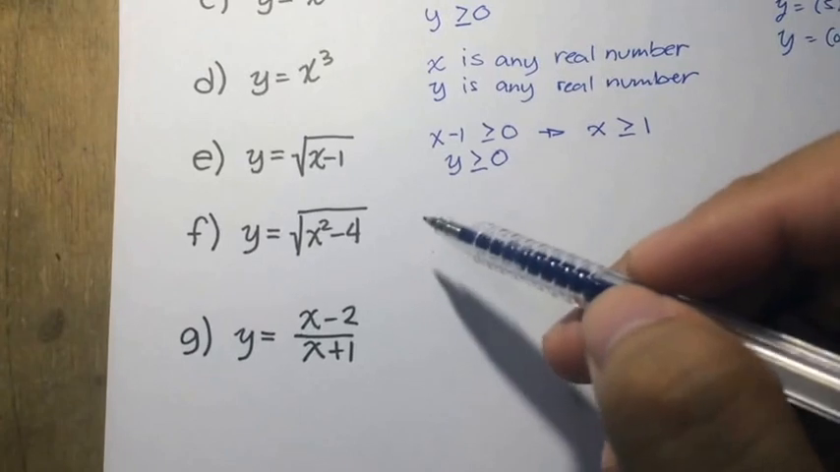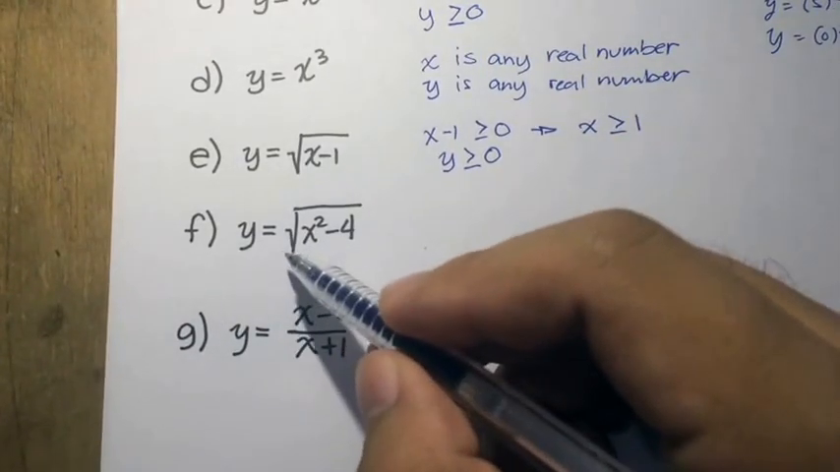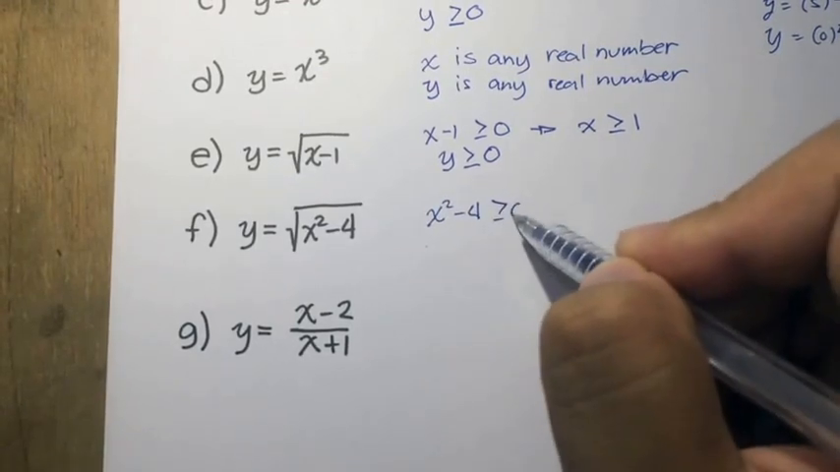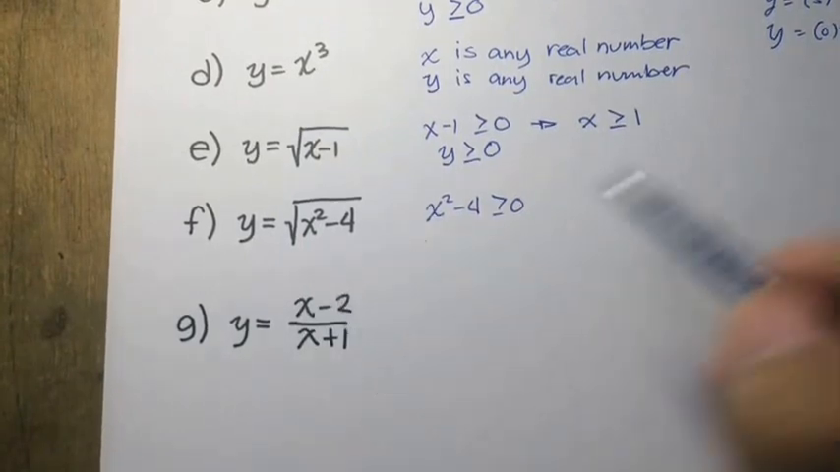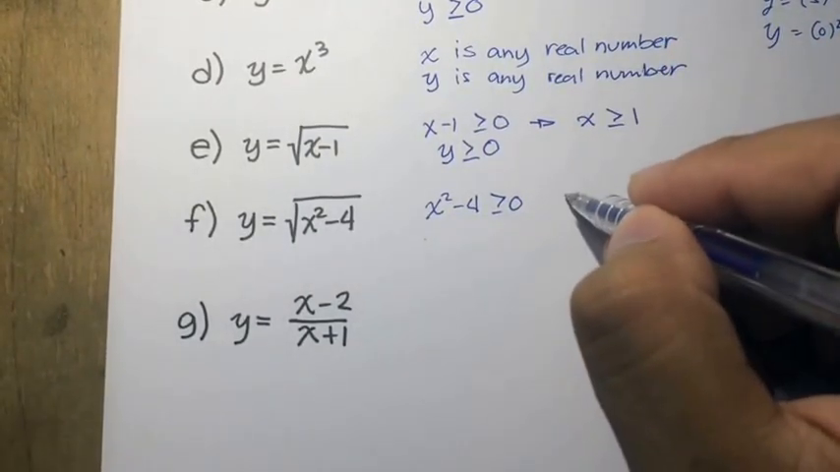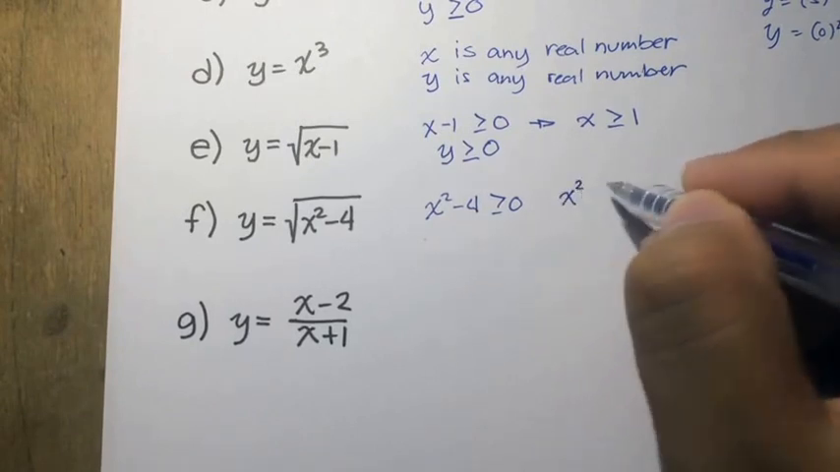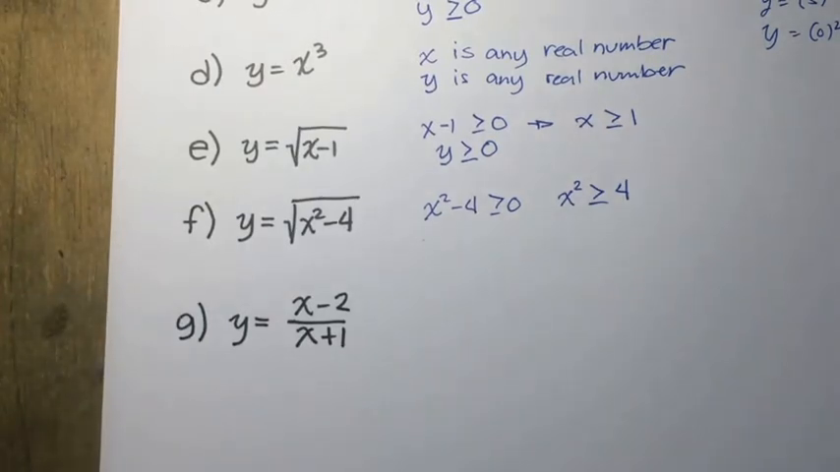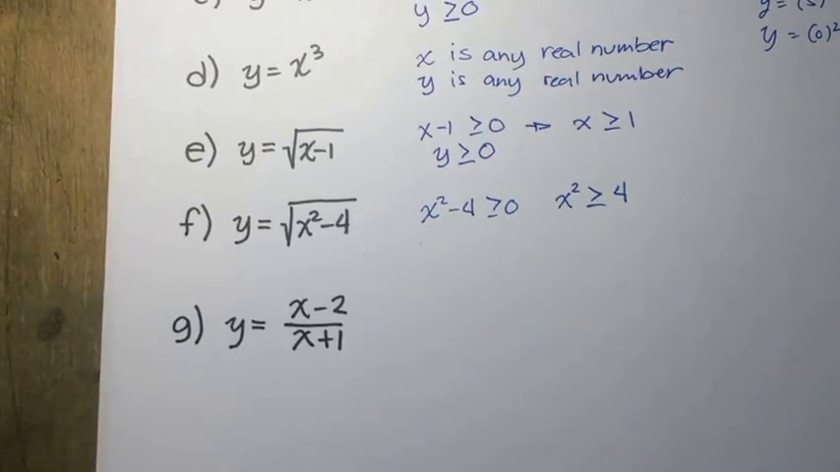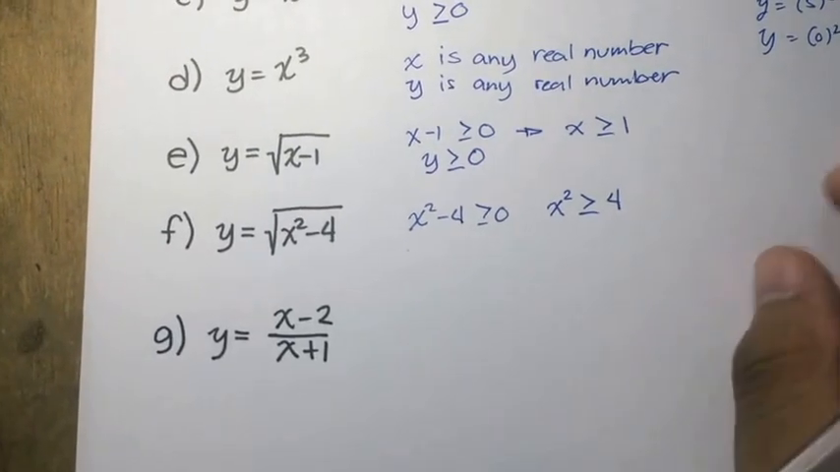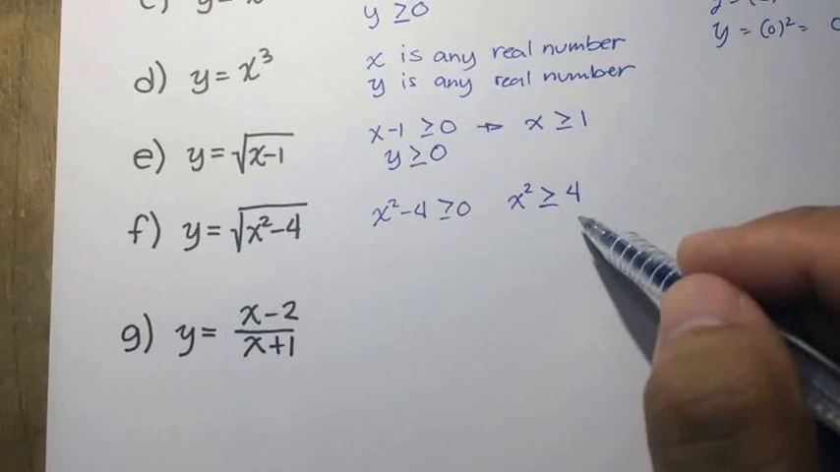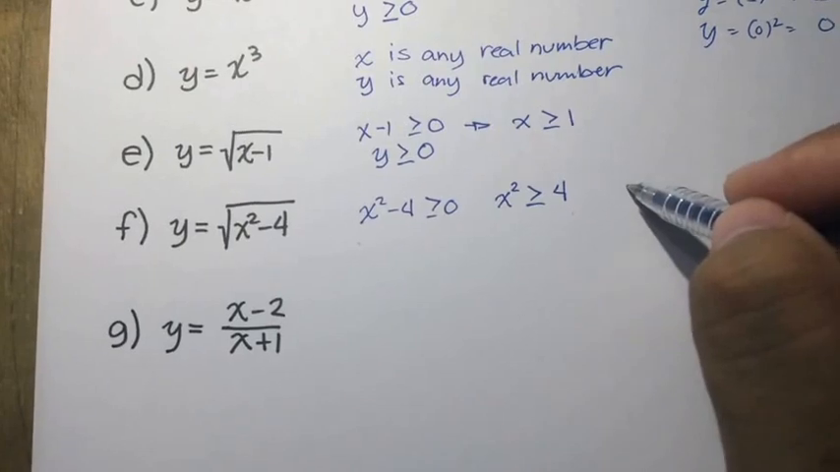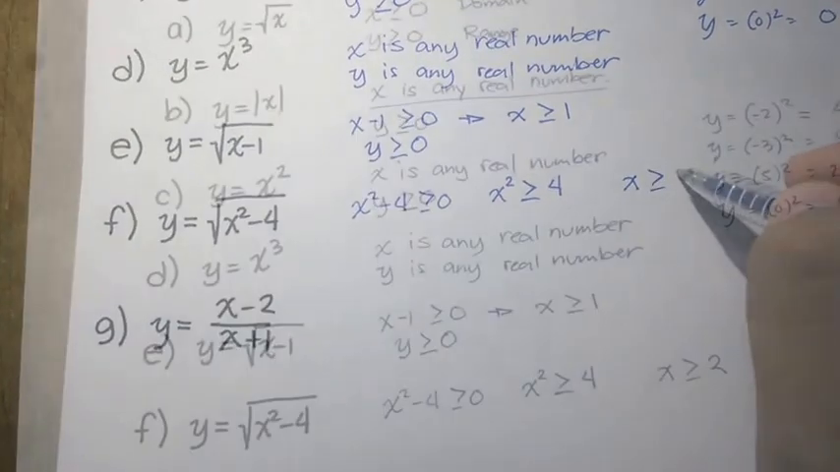Now, another example, F. Y is equal to the square root of x squared minus 4. Again, x squared minus 4 must be greater than or equal to 0 for this function to be defined. So if I transpose negative 4, that is x squared must be greater than or equal to 4. Now, what are numbers that are greater than or equal to 4 when squared? I can actually get the square root. I can say that x is greater than or equal to